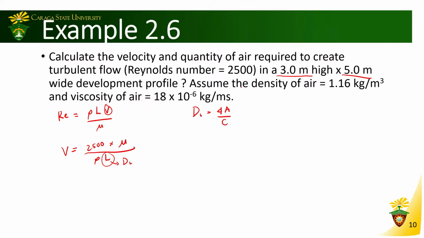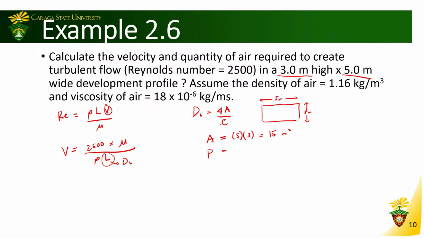Okay, so for a 3 by 5, this is 5 meters, and in height it is 3 meters. So area is equal to, of course, just multiply the length times width, 15 square meters, while for the perimeter,